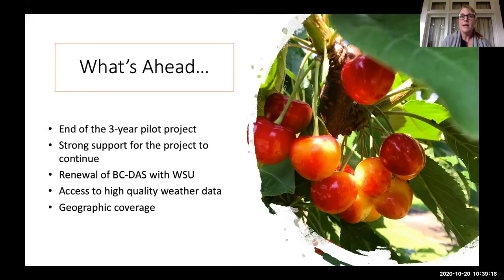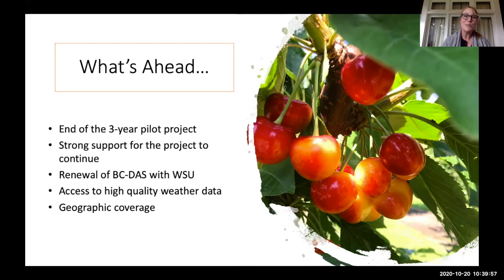And again, as we talked about in the previous presentation, so much of this relies on high quality weather data. And at the current time, we do have a very good weather network established. However, that is one of our vulnerabilities going forward, is we want to make sure that that weather network remains secure. We want to make sure that it covers the geographic areas that we are growing tree fruits in, and that the quality of that data continues to be very good. And we've been very fortunate in working with WSU, because they have done a lot of the background quality control on our data, and it has certainly improved the output to our producers.